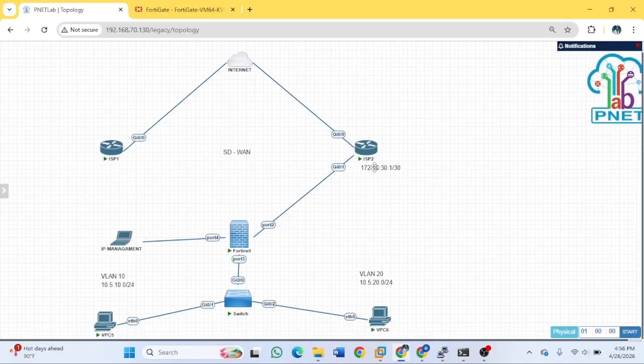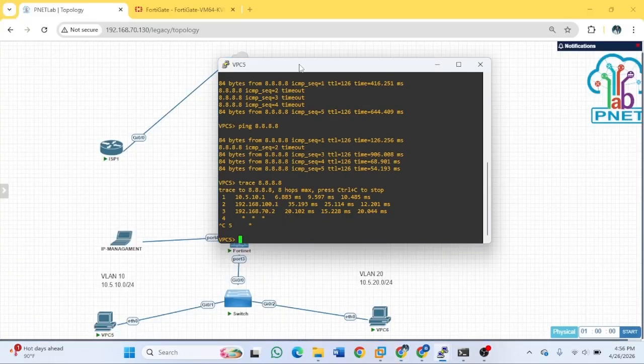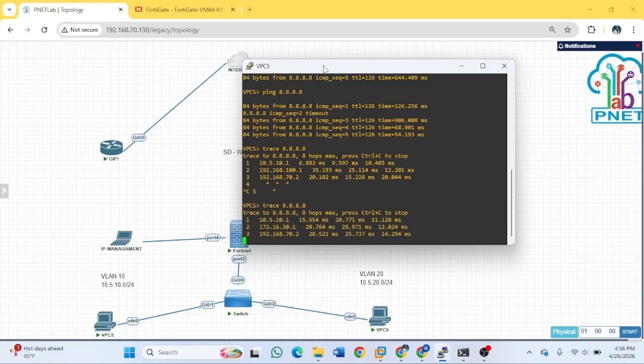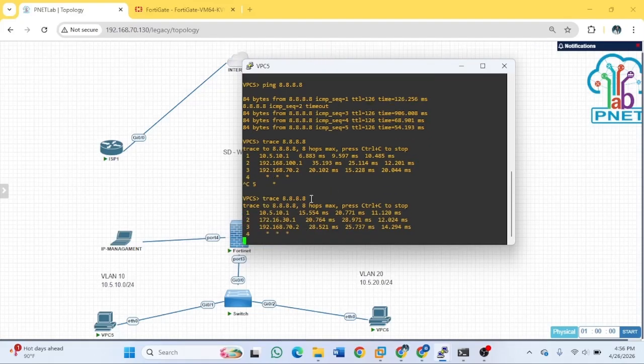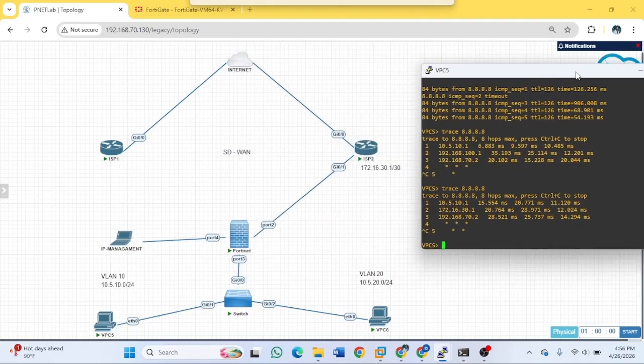PC5 goes to ISP2 now. Okay, that's right, it goes the way of ISP2. Okay, it goes to the Fortinet and ISP2, and the last is the internet.